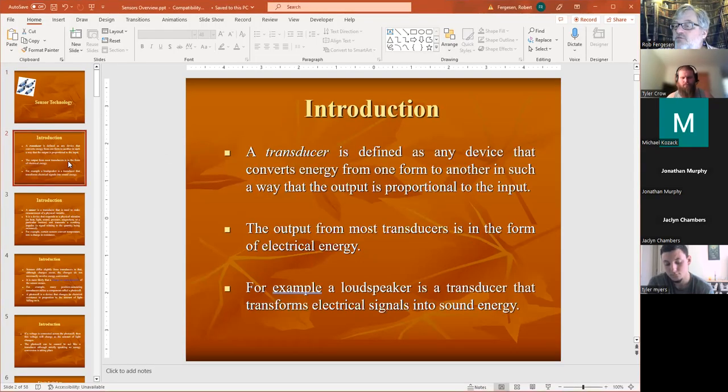So in the introduction portion of this presentation, we're going to talk about terms. One of the first terms you're going to hear is the word transducer. A transducer is used as a generic term across many industries, but in the sensors and the instrumentation industry, it's always a device that converts energy from one kind of format to another